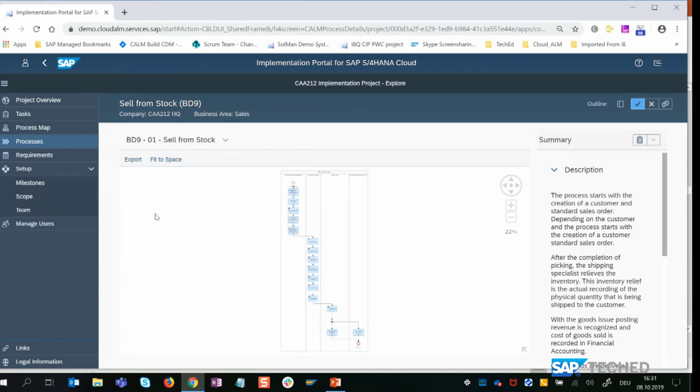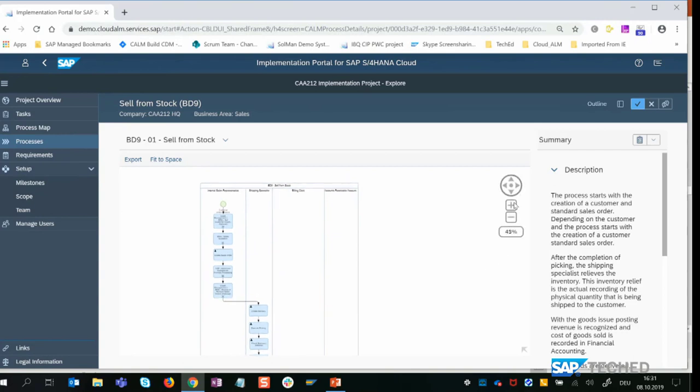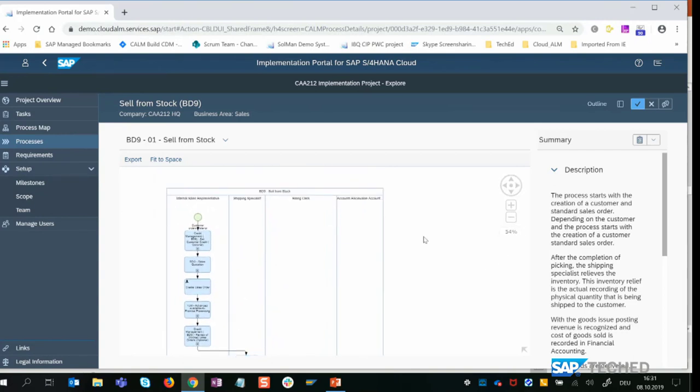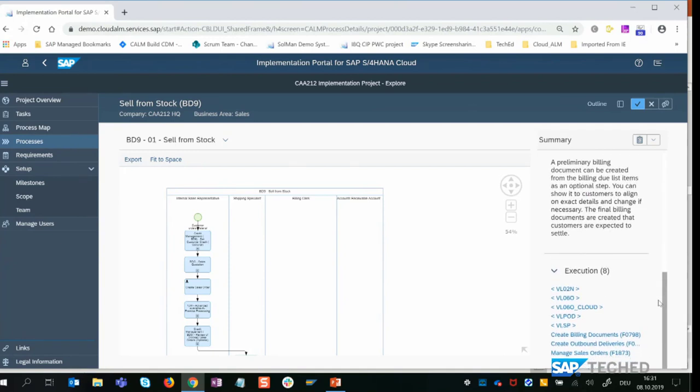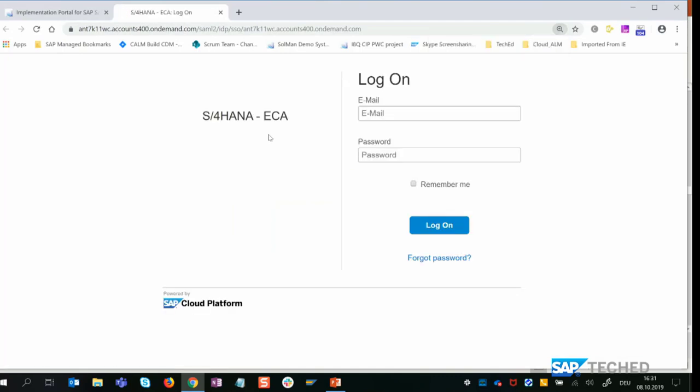So you get here, as an accelerator for these workshops, a detailed process diagram of how this best practice process looks like. We see here the roles who execute which process step. And we see here on the right a description of this process. And we also see the executables. And we can directly jump from this tool into your S/4HANA starter system. Now you can directly log on and open the respective application that was currently discussed from a process view.